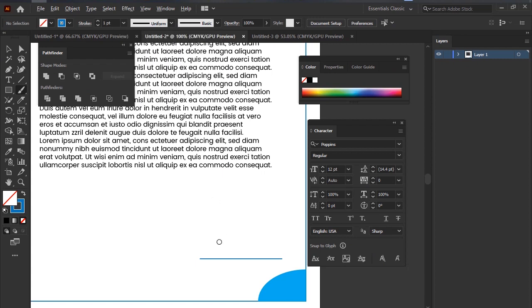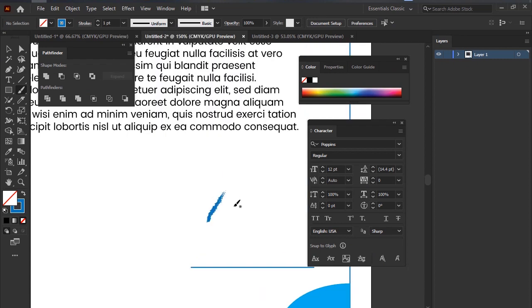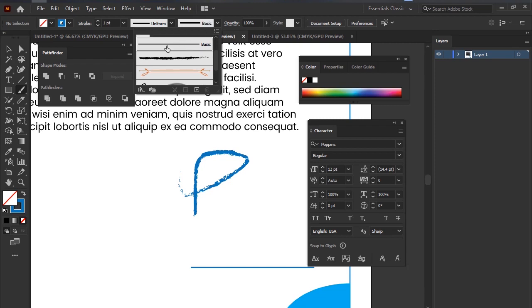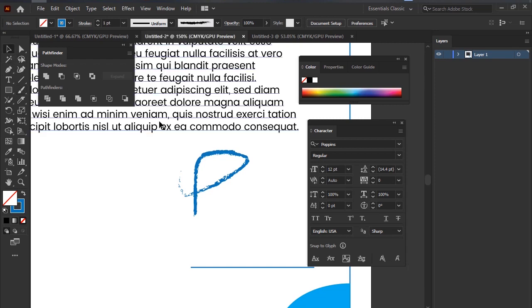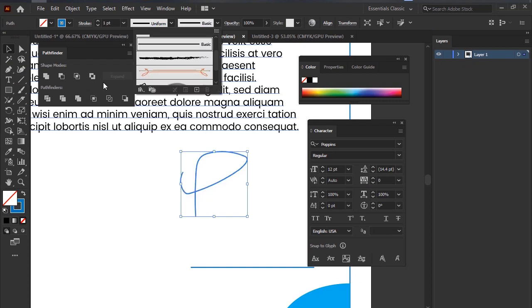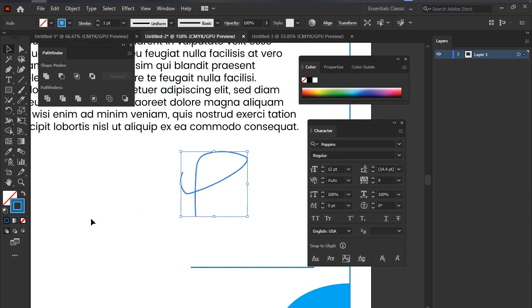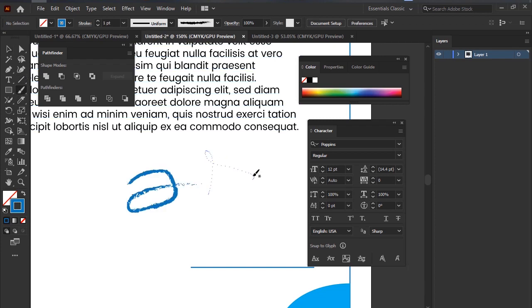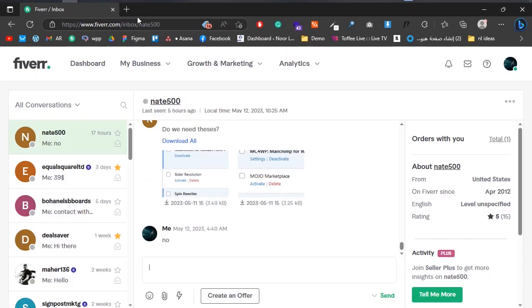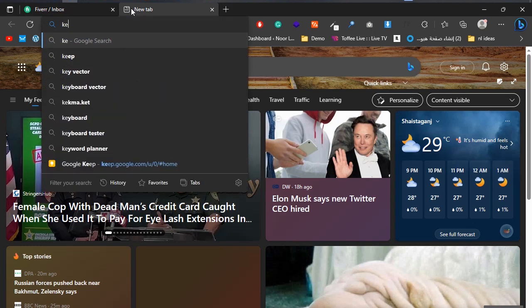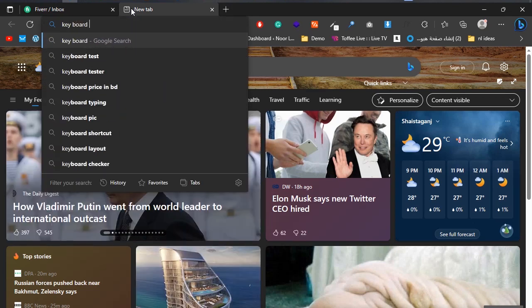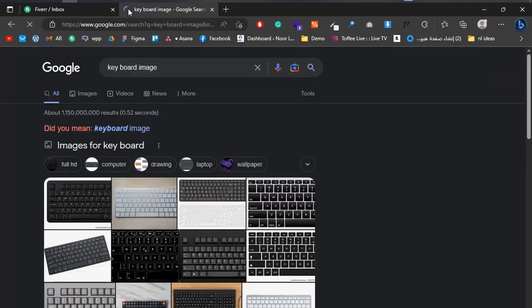Okay, then if you want to increase and decrease this brush size, so you can, okay, wait, let's make it basic. Okay, so if you want to increase and decrease this size, you can press the keyboard